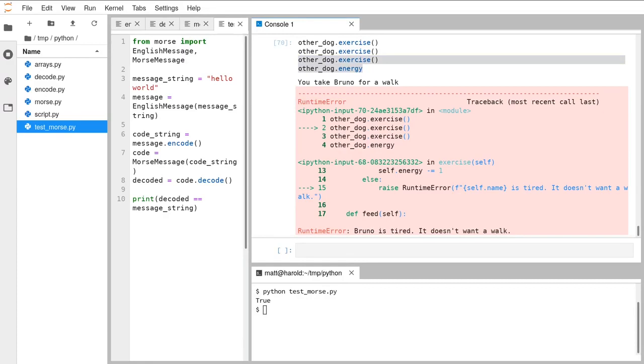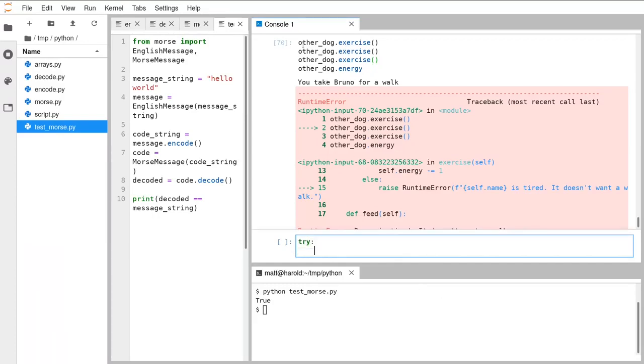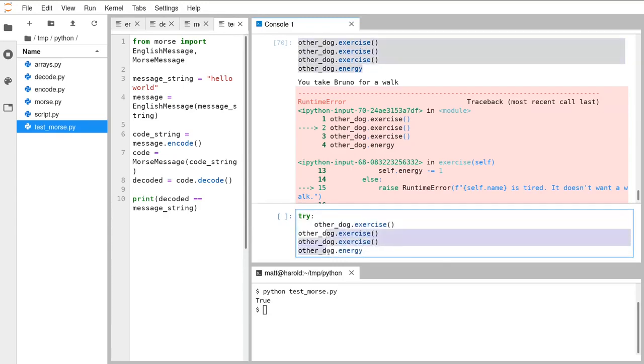Now there's a few ways that you can deal with an error that's being raised like this, but one of the most common is using what's called a try except statement. A try except block is going to try and run some code, but if an exception or error is raised, it's going to allow us to run a different bit of code to deal with the error that we're seeing. So we write try, and then we put this code in here. So we're going to try and do this,